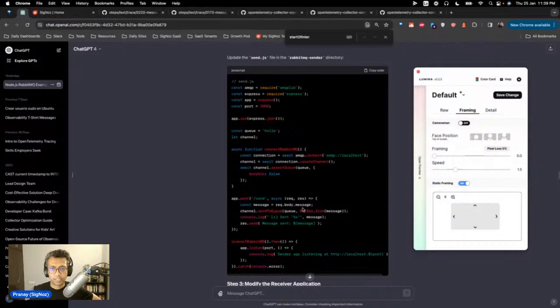So there's a sender application, which does nothing but listen to a port, which I think is 3000. And then whenever a connect request comes, it connects to the RabbitMQ server and then creates a queue and sends that message to that queue. And the name of the queue is hello. So very plain vanilla, there's a send endpoint which we will call and it will send a message to this server,